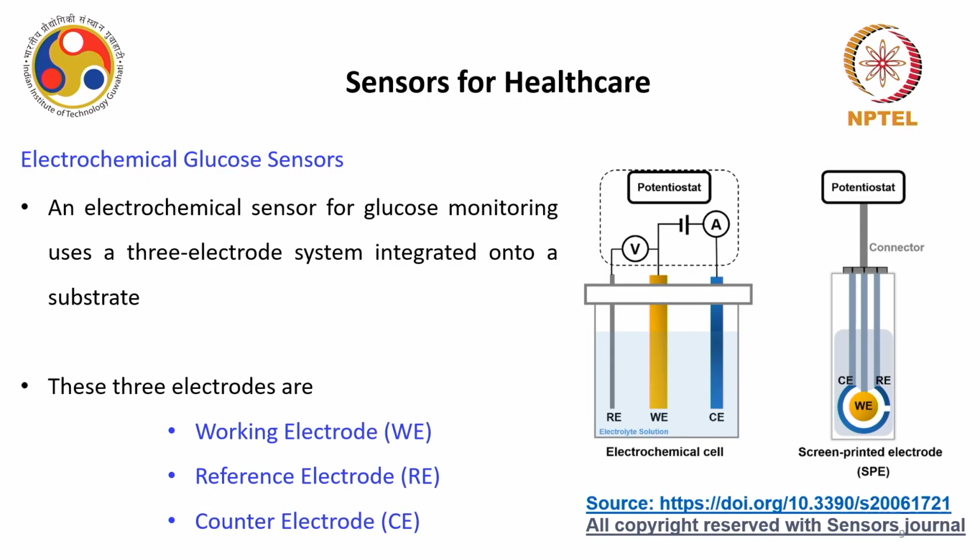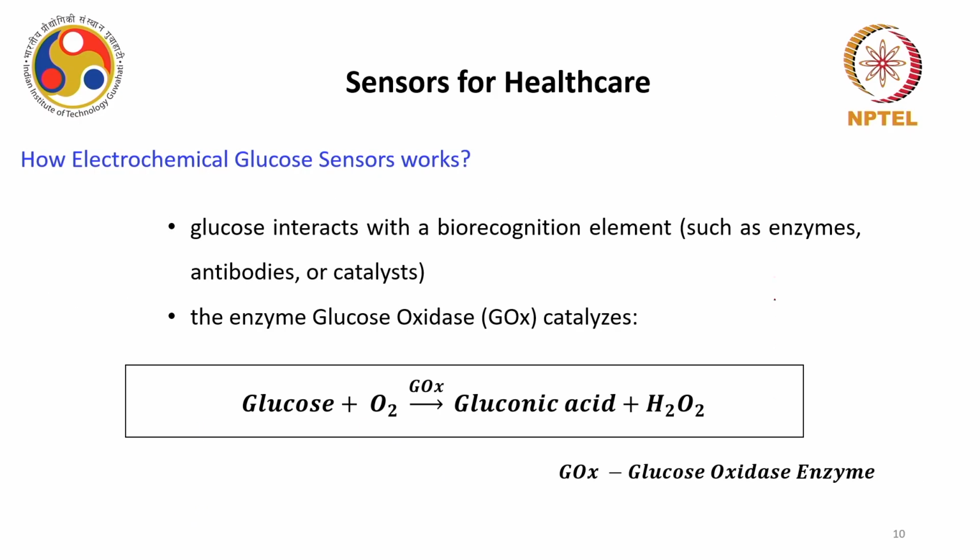You can see a quick diagram of a working electrode and reference electrode working in conjunction with the counter electrode. This typically mimics an electrochemical cell. This is a screen printed glucose monitoring strip. This is your counter and reference electrode, and in between you have this working electrode. We will see what the functions of these electrodes are, because this is very essential to understand electrochemical